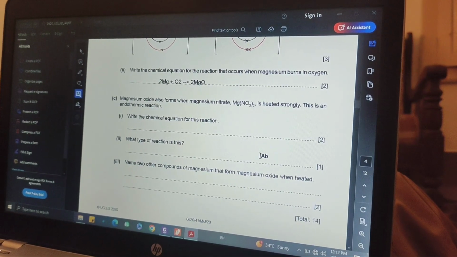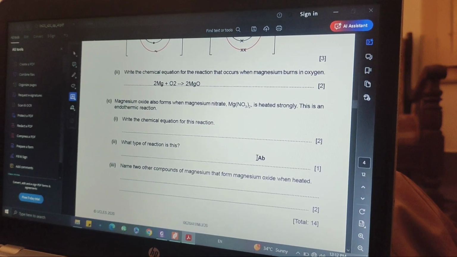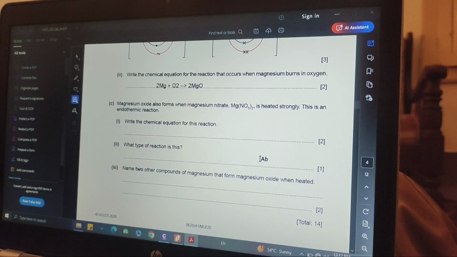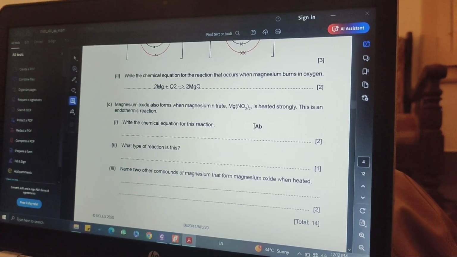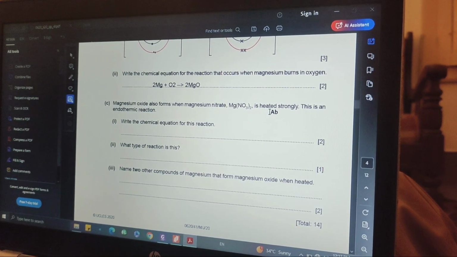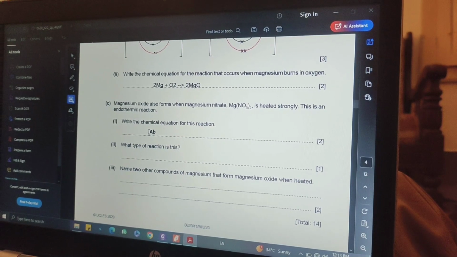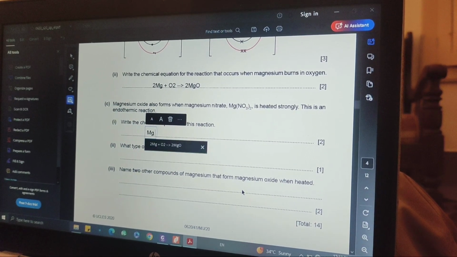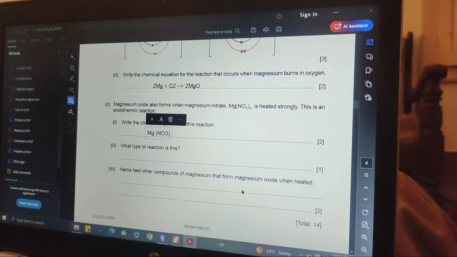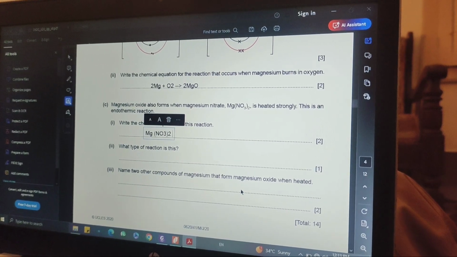Magnesium oxide also forms when magnesium nitrate is heated strongly. This is an exothermic reaction, so we'll write the chemical equation for this. Here it says heated strongly, it doesn't say it is reacting with something else, so it means that magnesium nitrate will be decomposing here. So magnesium nitrate Mg(NO3)2 when heated,